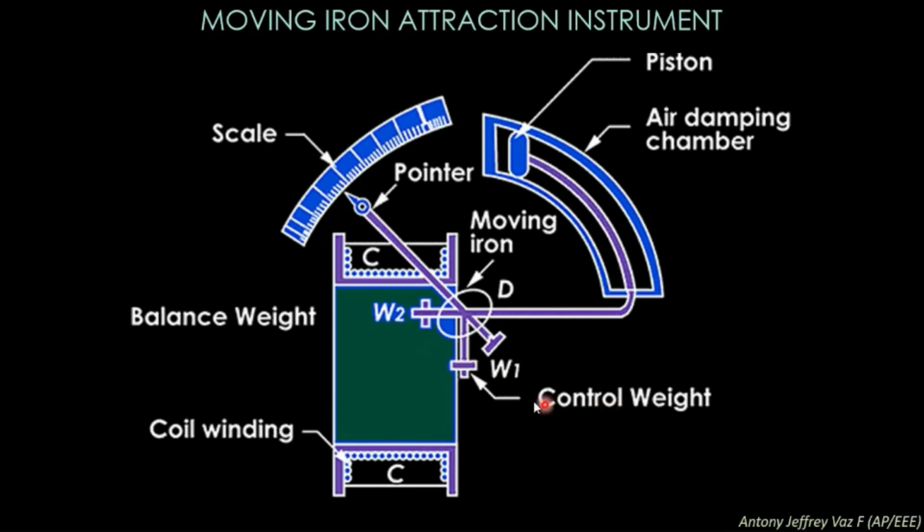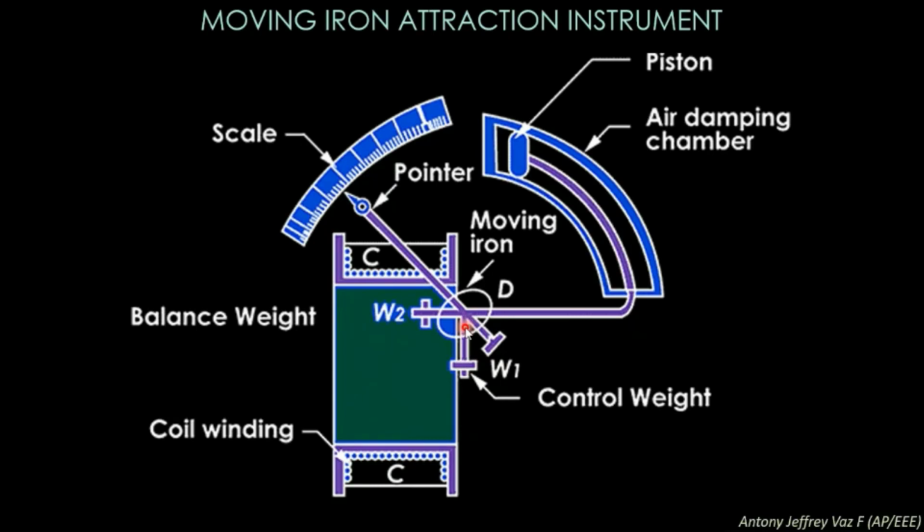The torque is being stopped with the help of a control weight, because if the pointer is very long, it will give you some inertia in the downwards direction. To keep the pointer in a balanced state, you will have weights at the end of the pointer as well as the shaft.